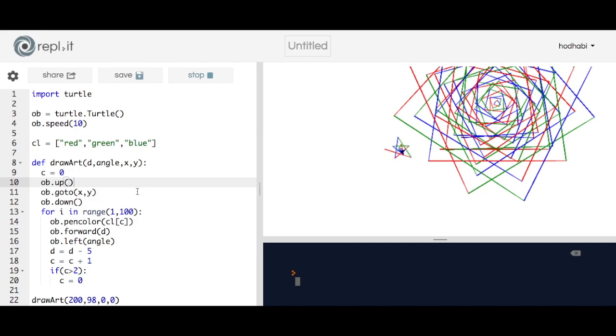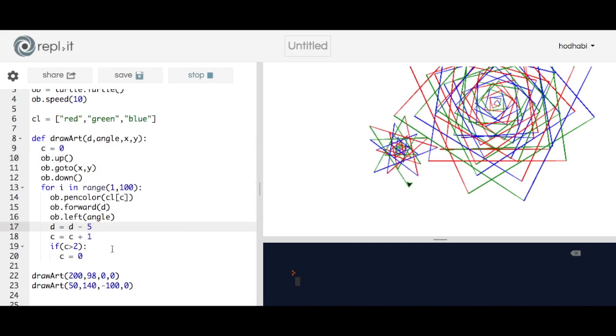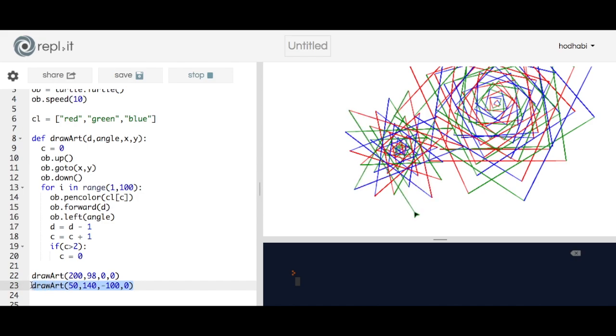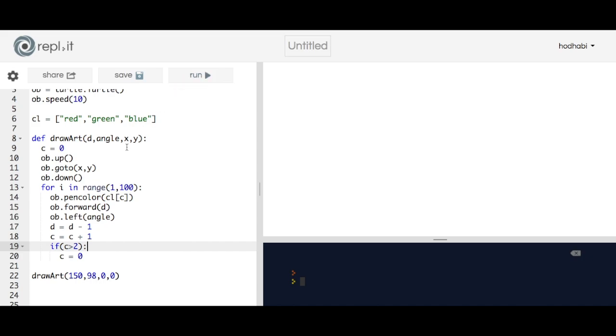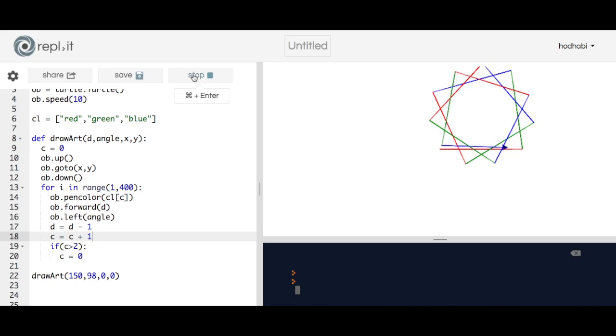Looks nice, but I think it will look better if I make the distance only 1. Okay, and let me just run only the first one with 150. I just want to show you some nice things hopefully will come here. And what I can do is make this one run to 400. See what will happen now. I'm not sure what will exactly happen, but you will see something going on, and it will maybe become a nice art that you can